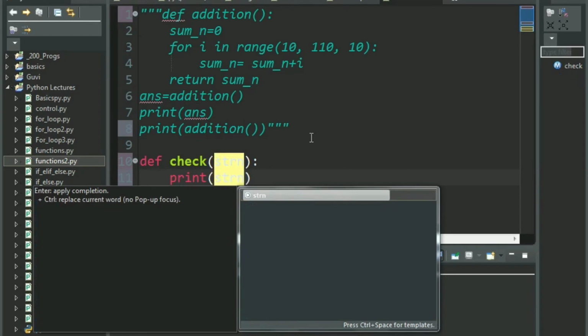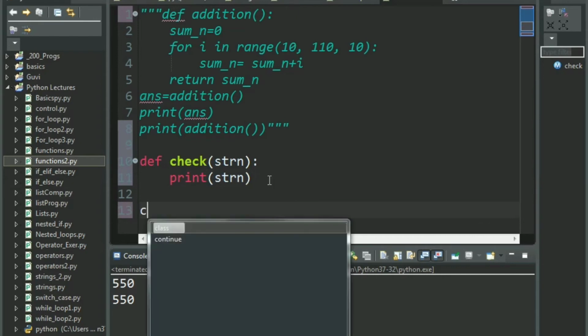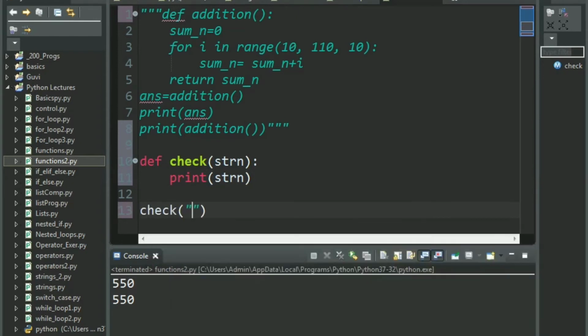Okay, that's what I wanted to do. That's it. I don't want anything else happening. Remember, I am using only the print statement here and I'm not returning anything. Now I shall call this saying check of hello.